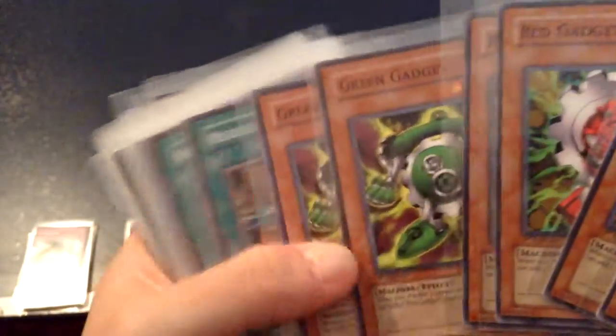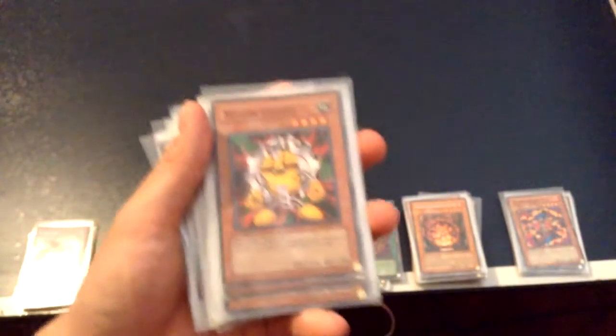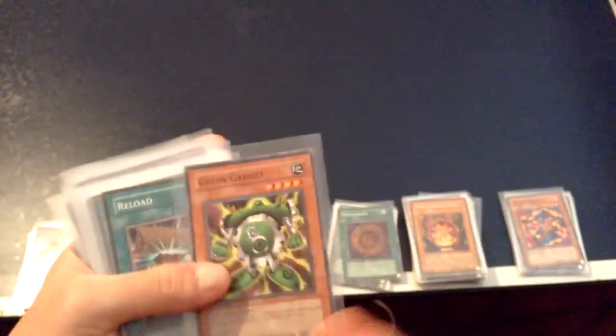And here's the gadgets. Basically, when one gadget is summoned, you get to search your deck for another gadget and put it in your hand. So basically what you'd want to do, okay, I put it in the sideboard, is with the deck, use Ultimate Offering, you summon him to the field,